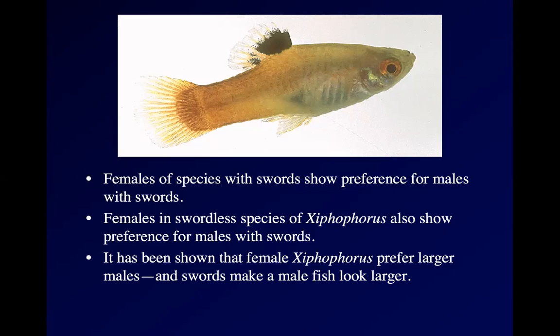And platies don't have swords, but Dr. Basolo found that female platies still prefer mates that have swords. And she was able to demonstrate this with some beautiful experiments where she would take male platies and cut little swords out of thin plastic film and stitch them onto platyfish tails and do various tests, and worked out that it didn't really matter what the color of the sword was. Female platies would always go for a visible sword, even though the males of their own species have never evolved swords. And now that's kind of weird. Why would a female sexually select a trait that the males of her species don't even have?